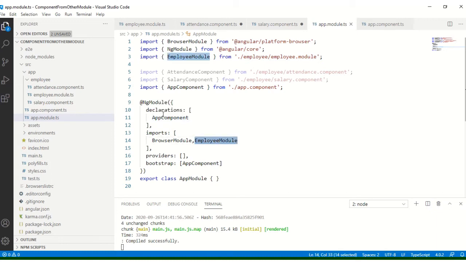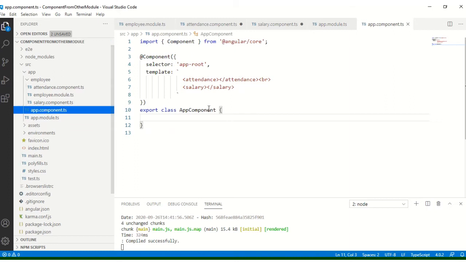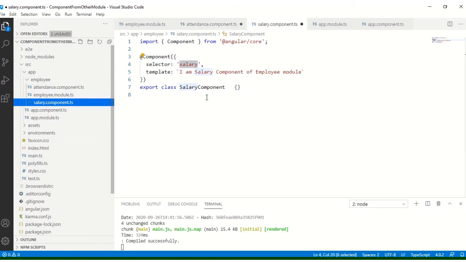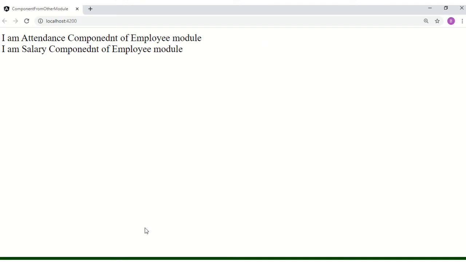Okay, so the declaration is this. So I am importing this employee module so that app component can use it. App component is using this attendance tag, then a line break, then the salary tag. Okay, they are here: the attendance tag for the attendance component, then the salary tag. So if you run this, you will see I am attendance component of, so you have to